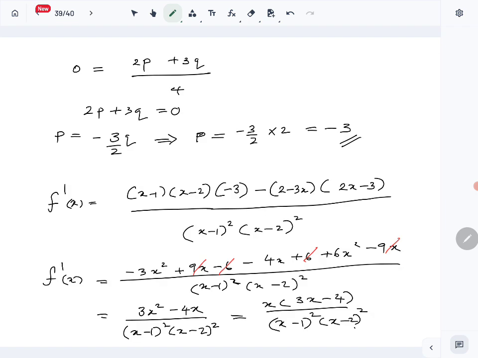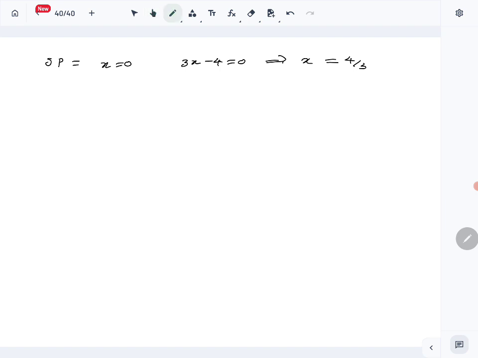So local max means occur at these points, and then at x equals 1 and x equals 2, what? The derivative does not exist. So we will mark those 2 points also on the number line. So we have 0, 1, 4 over 3, and 2. Right. So using that, the number line is broken into 1, 2, 3, 4, 5 intervals. So in each interval, we need to figure out the derivative sign. That gives us what? That gives us the